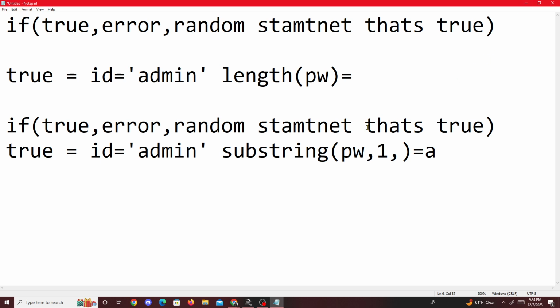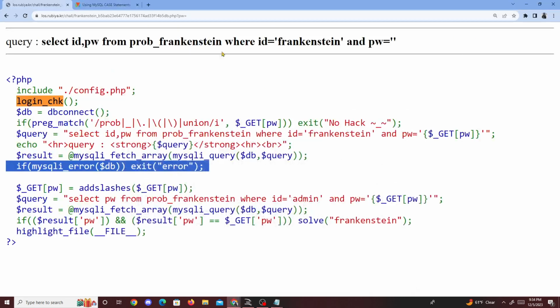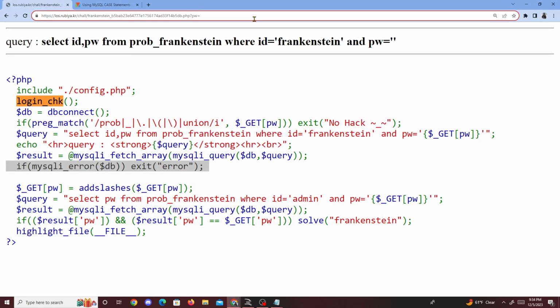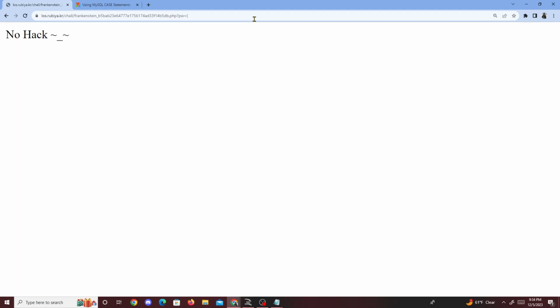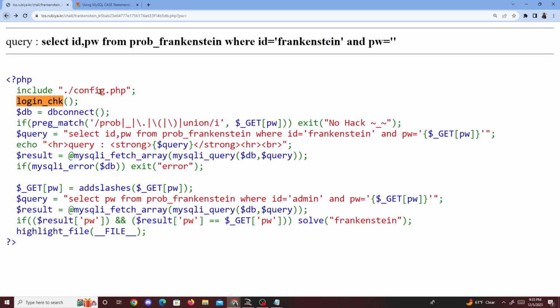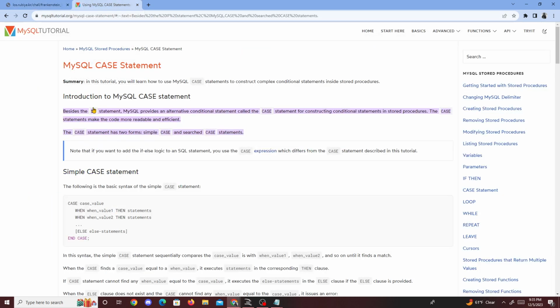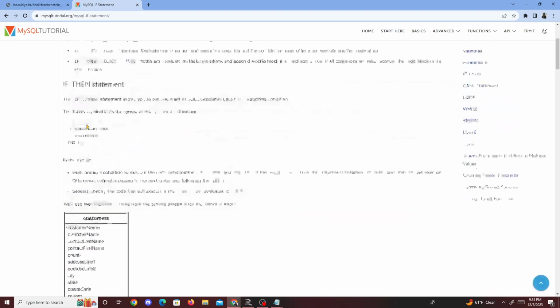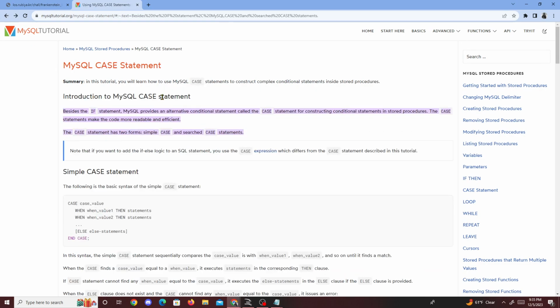But this isn't going to work because of this special case, parentheses. If you type in the parentheses right here, you see that we get no hack. So we have to figure out a way to get past this. How do we get past this? Well, in MySQL, there are other ways to use if or else statements, or conditional statements for the most part. The way to find this is by doing a quick Google search